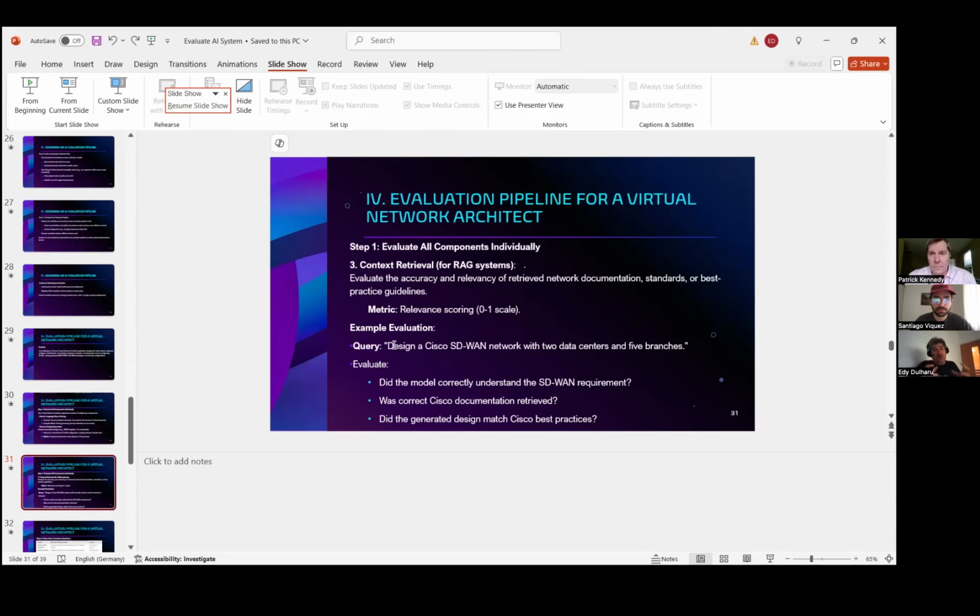So I need my thinking process to be translated into the model. I want to make sure that the model understood the requirements. The model is able to go to this vendor called Cisco, which is a vendor in networking, and read whatever documentation is available, and also see which are the best practices for this particular requirement, because this is what an architect would do.